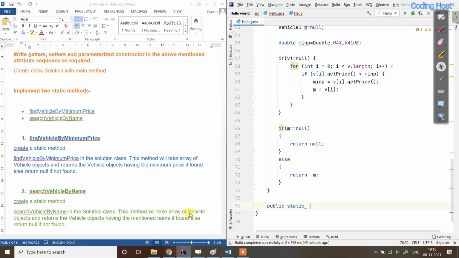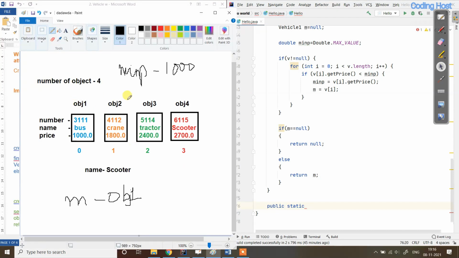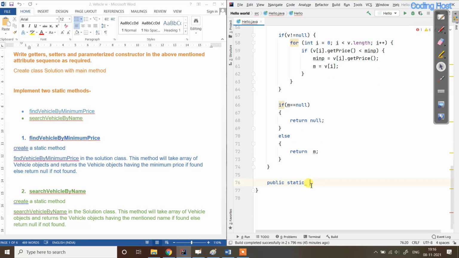This method will take an array of vehicle objects and return the object having the mentioned name if found, else return null if not found. So in this object array we have to check whether there is an object which has the scooter name, and if this condition is true we have to return that object to the main method.